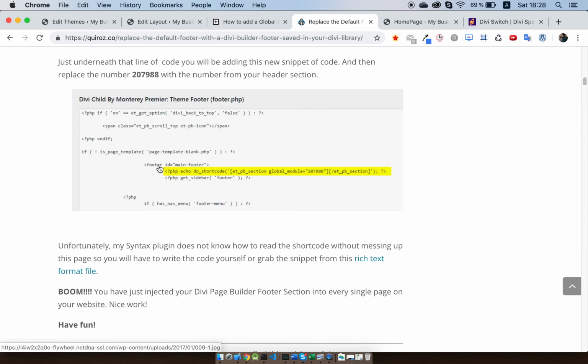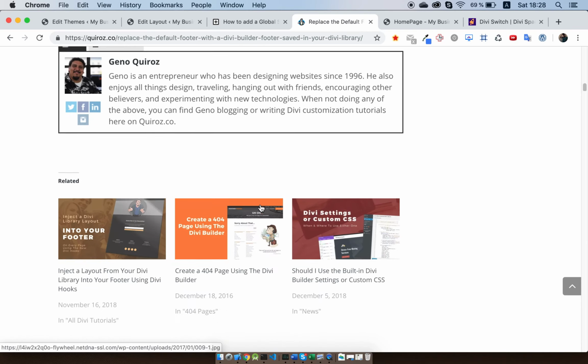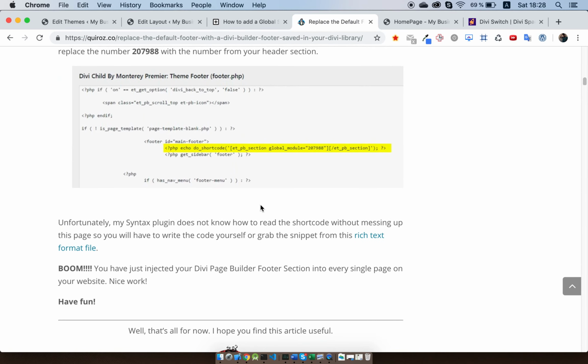You need to copy this snippet. I think you may download it. It says rich text format file, and just replace the text you'll get in this rich text format file with